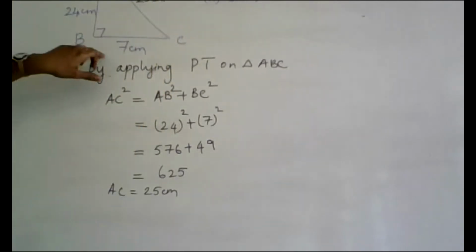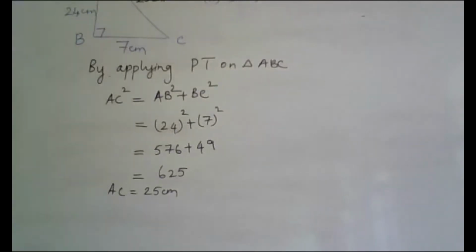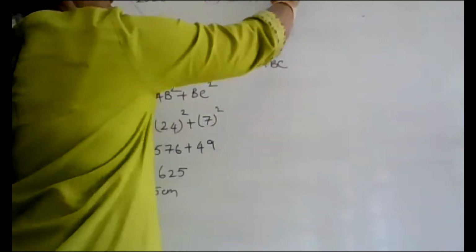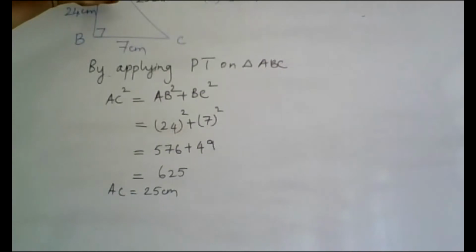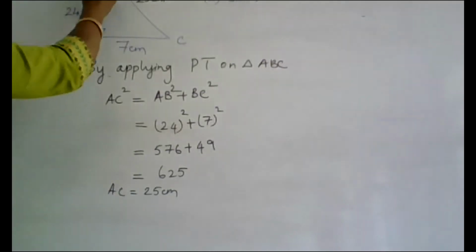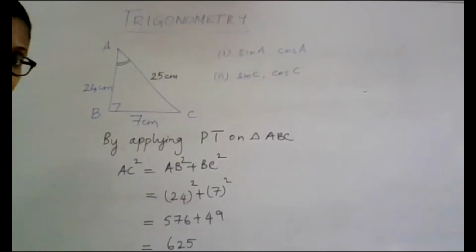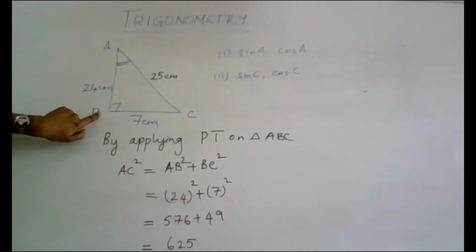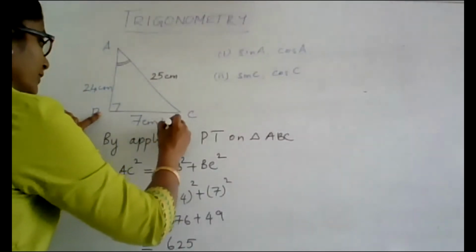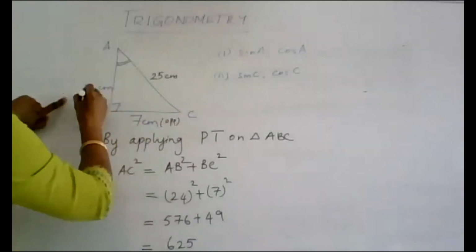Now I have all the three sides. Now I have to concentrate on the angle with respect to A. So where is my A? It is sitting here. So with respect to A, this is the angle I am talking about. Which is the opposite side with respect to A? BC. And which is the adjacent side? AB. So write it. First few times maybe if you write it, it is always better.